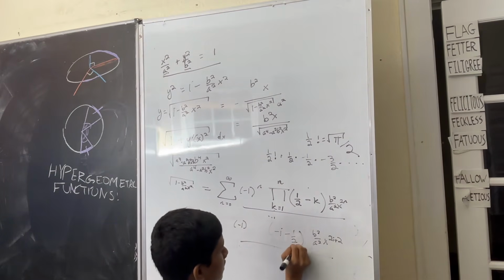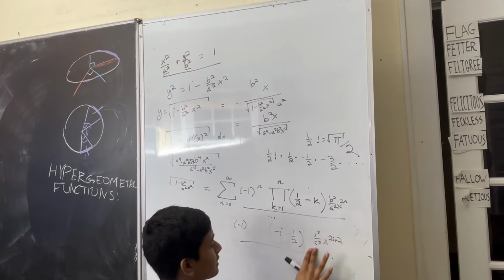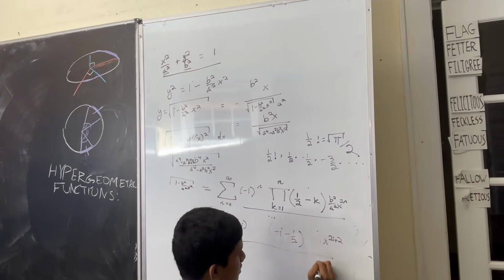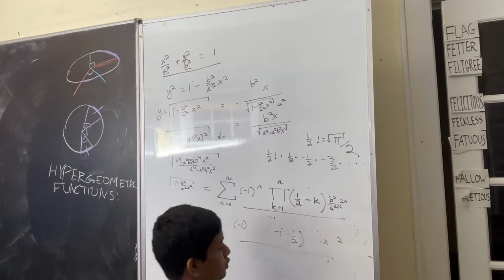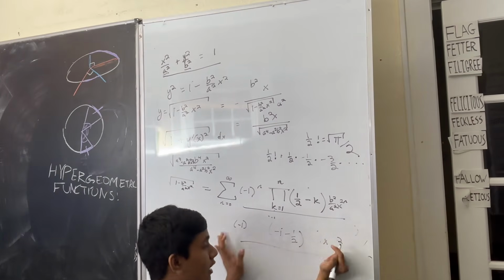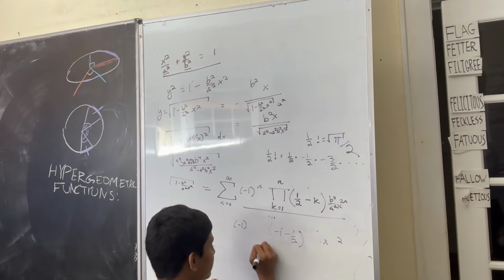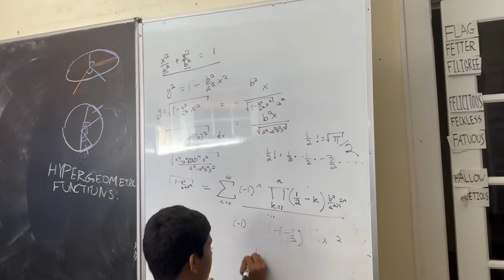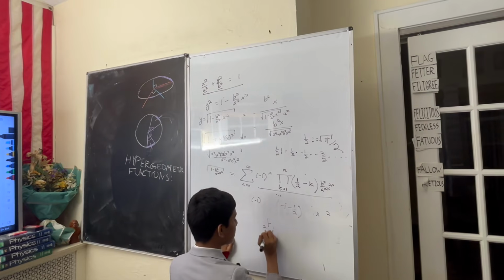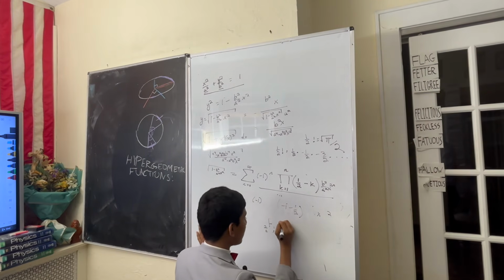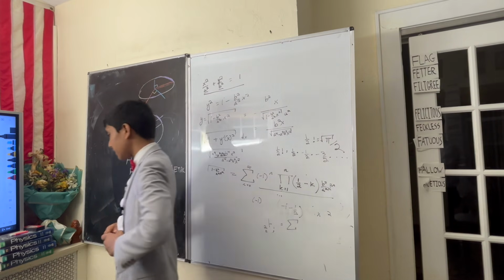minus 1/2, multiplied by b squared over a squared, so that cancels out in the end, and x to the 2i, which means this cancels out and gives you x squared. Now that is a fairly rational function if I've ever seen it, and hence it can get classified as a hyperbolic function. Sorry, a hypergeometric function. Now these little numbers tell us exactly how many inputs the hypergeometric function is taking in. In general, the hypergeometric function